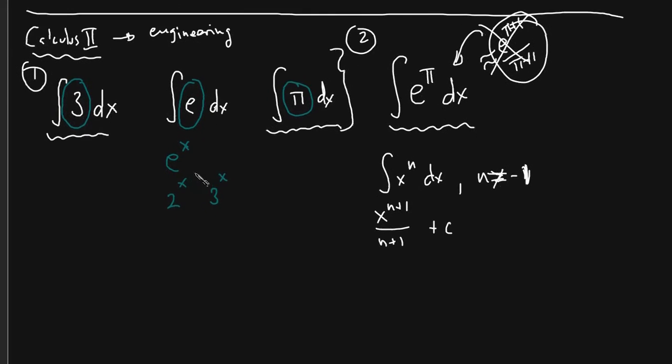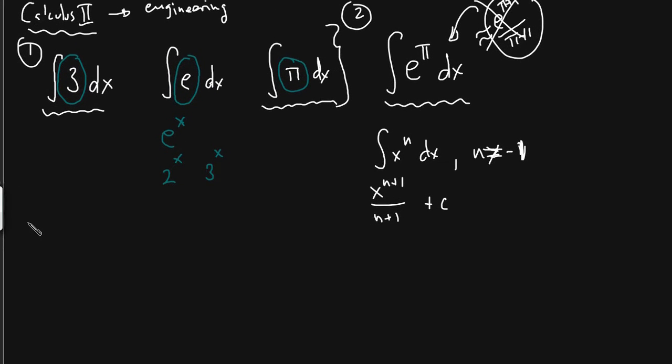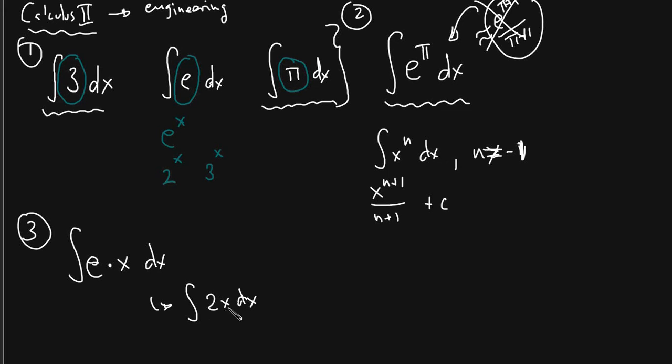The third set of questions in this world of simple integrals is the integral of e times x dx. Now, if you ask many students the integral of 2x dx, they should be able to get this right. Once you've gone past your basic integrals, they can answer this question correctly. But ask them the integral of e times x, and now they're confused. Because you have an e, you have a times x, they've only ever seen integrals involving e to the x, so they don't know what to do.